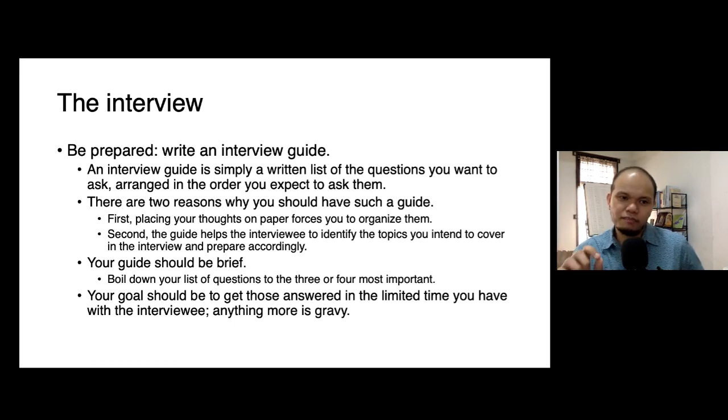One more thing that perhaps the literature doesn't really establish formally is that when you do the interview, it's not just about data gathering. Of course, in the context of this lecture, the idea is that you do the interview because you want to collect data. But the interview also has a secondary purpose, a secondary function, if you may. And that's to build rapport with the interviewee, especially if your interviewee is a key sponsor or a key user or a key stakeholder on the client side.